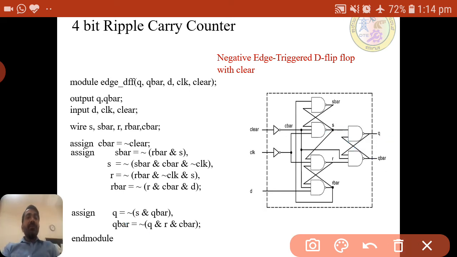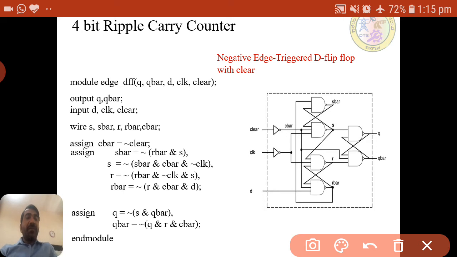So here also, however many outputs there are, that many statements will come, including internal signals. Internal outputs and external outputs, that many statements will come. Or we can use assign on each line; the only thing is that in that case we need to terminate every statement with a semicolon.